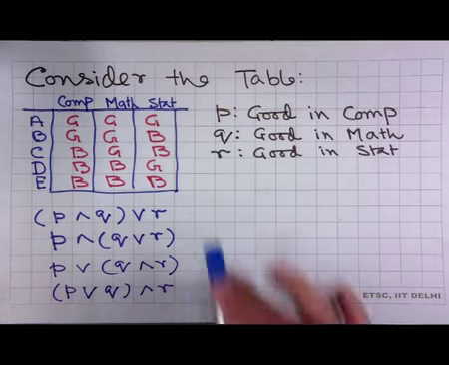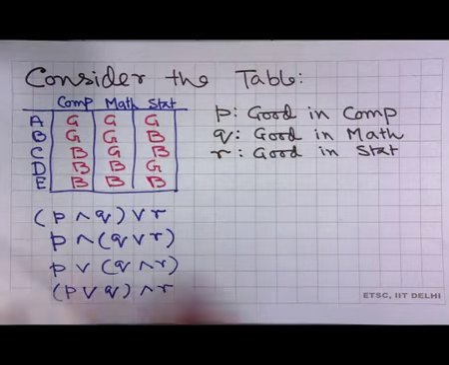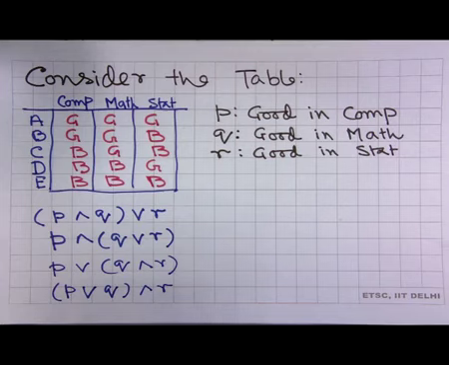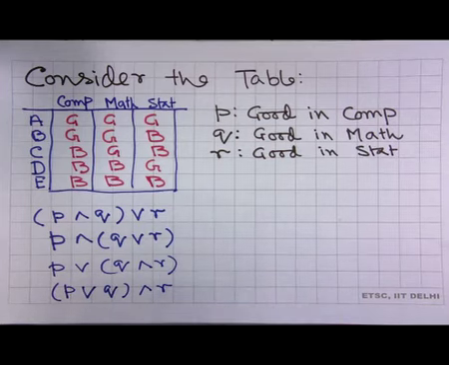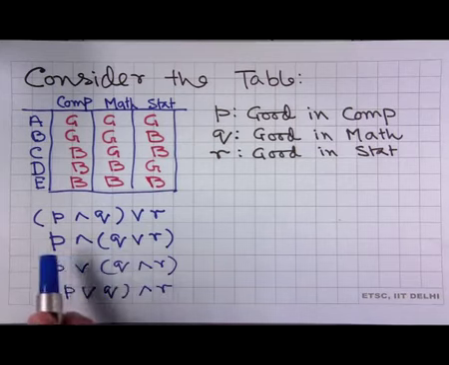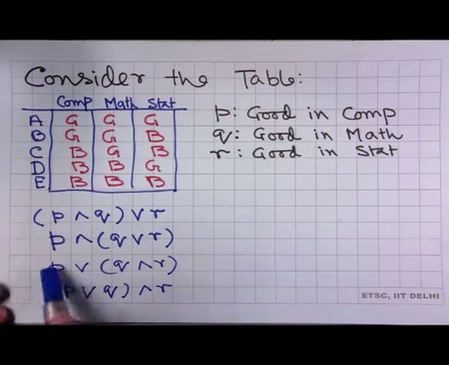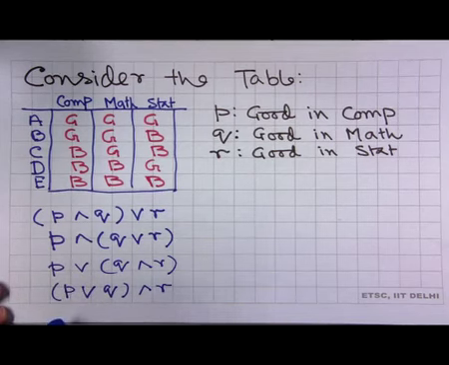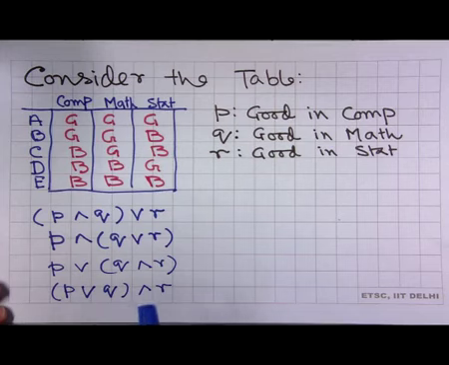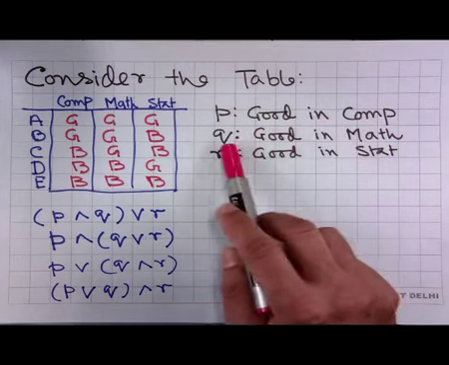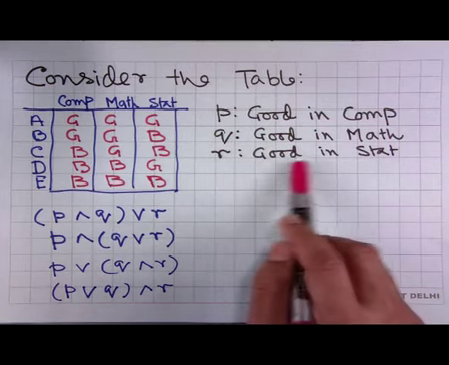So, we will see which of the 5 students satisfy this formula. We will get an idea therefore, whether the expressions that I have given, P and (Q or R), is equivalent to (P and Q) or R or not, or in a similar way, if P or (Q and R) is the same as (P or Q) and R, where by P we mean good in computer science, Q good in maths, R good in